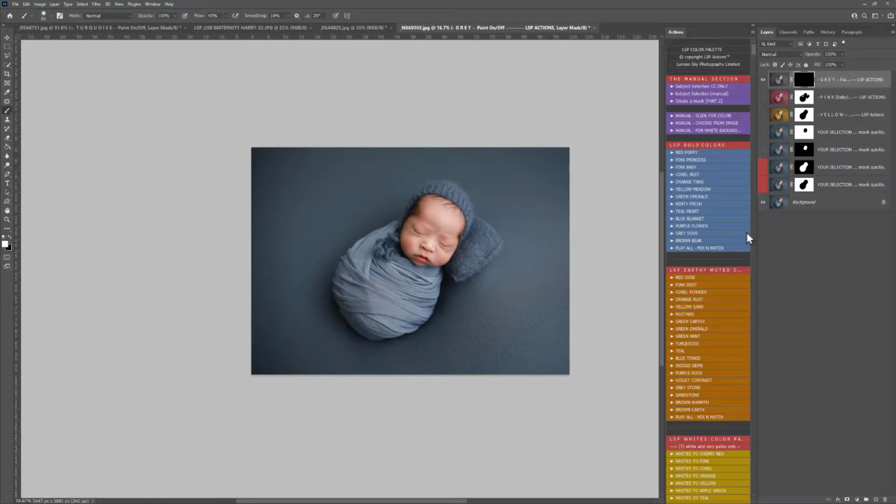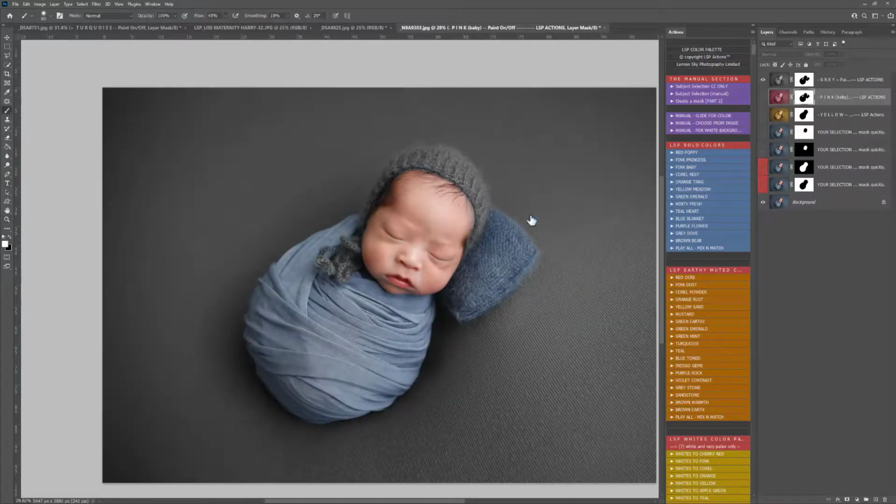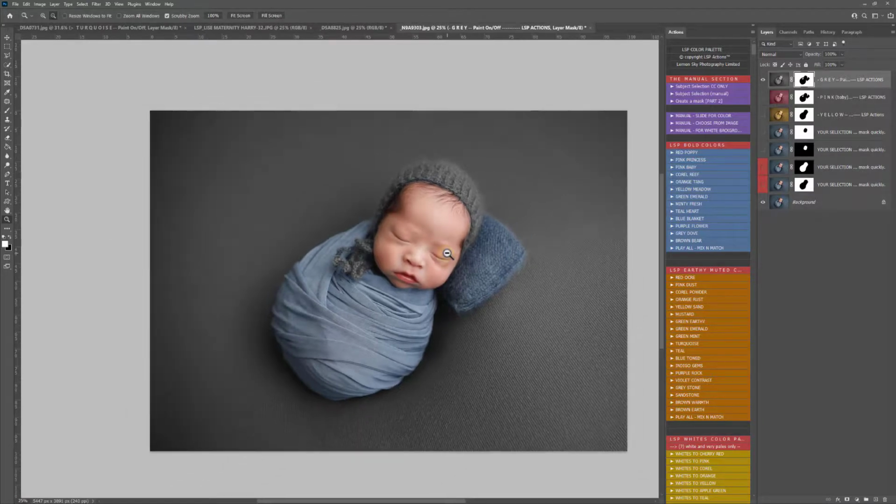Now you have your selections made, your masks made, you can simply Alt and drag to change. So I've just changed the hat and the background to grey. And I'm just going to refine that a little bit more. I realise I've managed to paint onto the skin. It's because I was using a pink, so I didn't notice so much when it was on the skin there. How about a yellow cushion there that we already painted in? It's just the whole thing that makes it so much easier